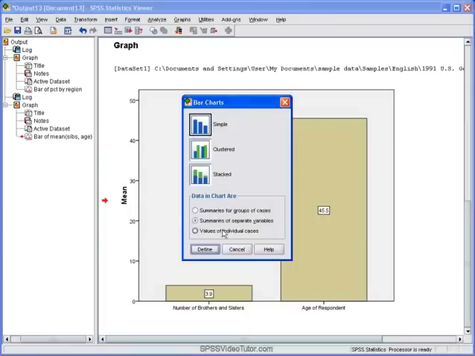Now, the final choice just gives you the value for each case within a variable. So if you had 30 cases for a particular variable, you would have 30 bars that would represent the individual scores or values for that variable. We're going to skip this because it's not used that often. Okay? Now, the second option